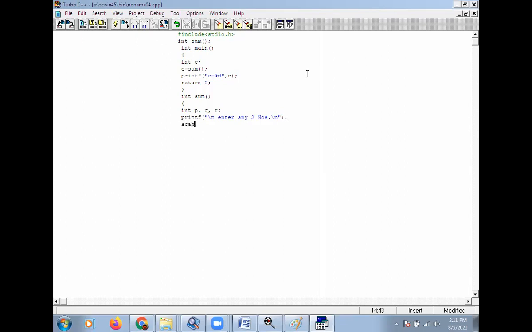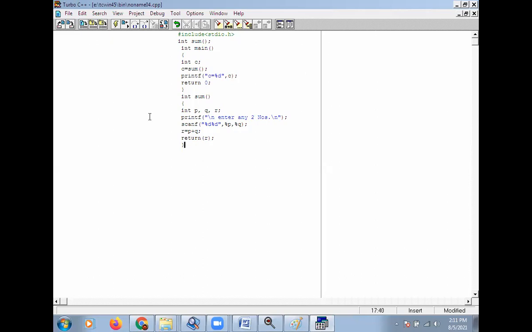Scanf percentage d percentage d, and p and q, and r is equal to p plus q, and return r. Then bracket complete.